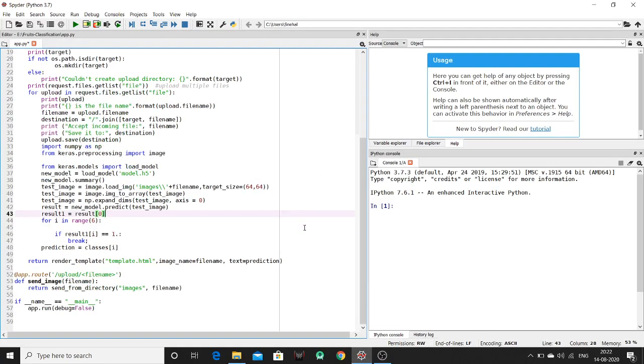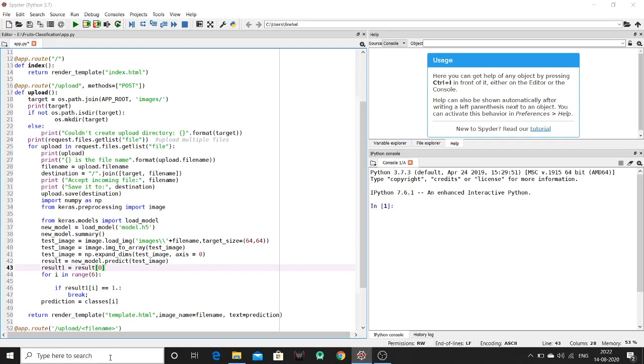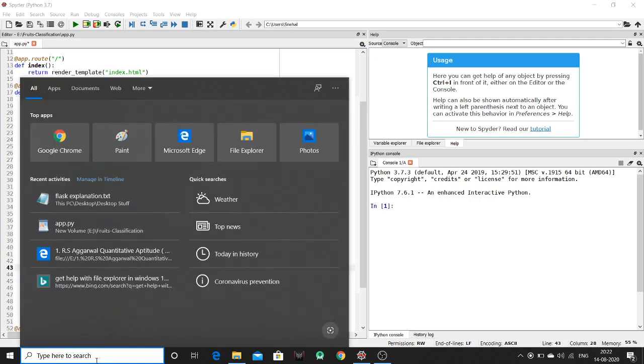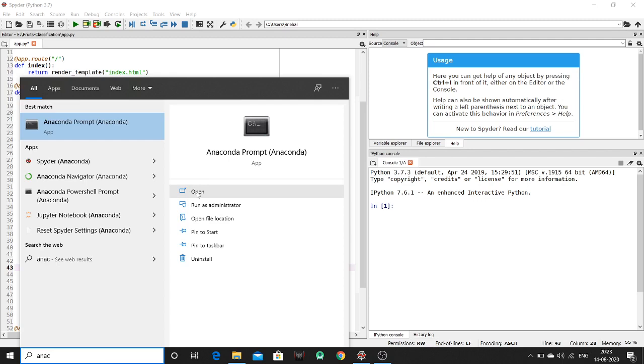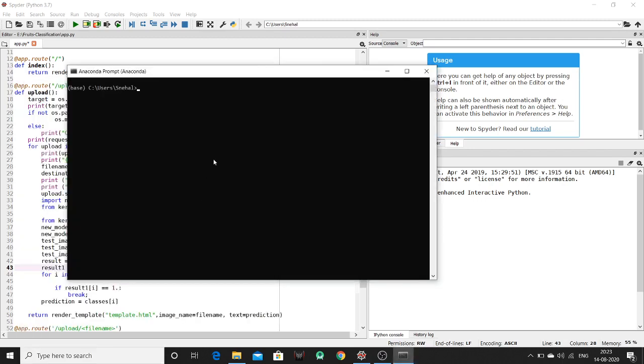Now before explaining this code, let me show you the output of the model on which we are working. For this, we have to open our Anaconda prompt, and in that we have to go to the directory in which we have our project.